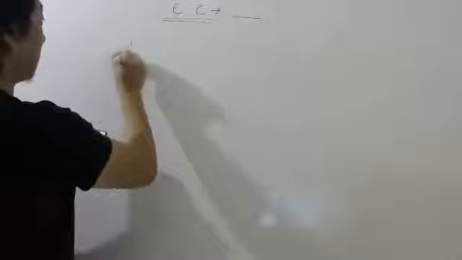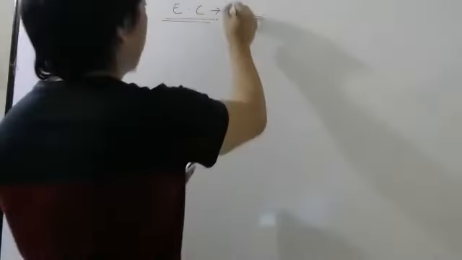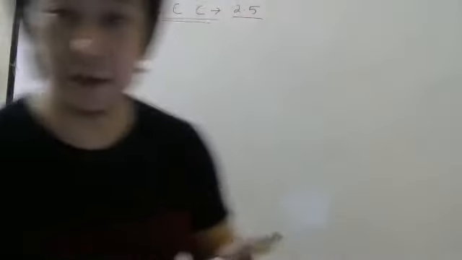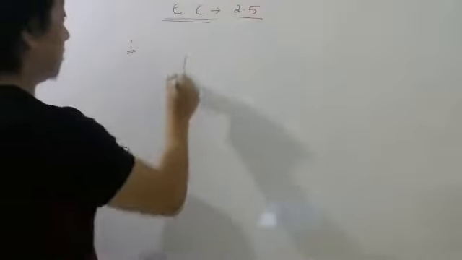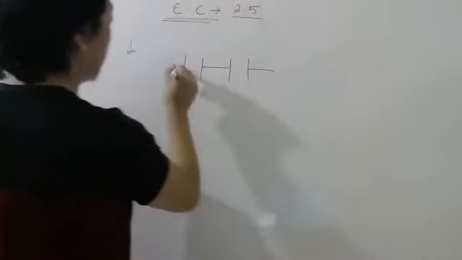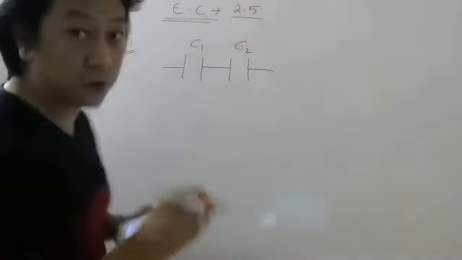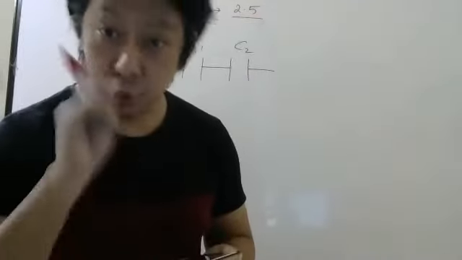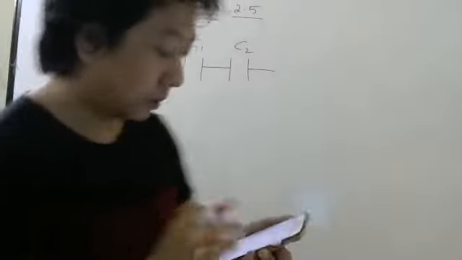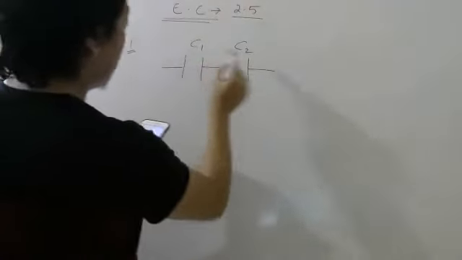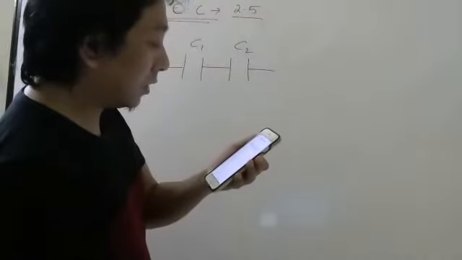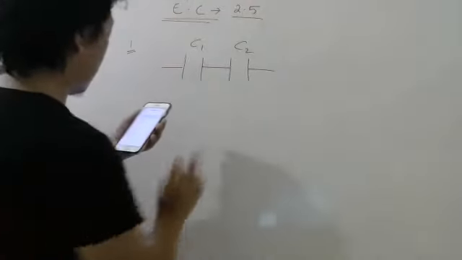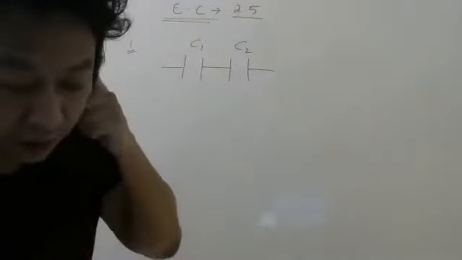Then see the first question. Listen carefully. It says two capacitors C1 and C2 are connected in series. Listen carefully, because based on all these concepts, I will be asking questions for the next PTE. You should be able to answer. So two capacitors C1, C2 are in series. Question is, what is the ratio of the charges on the capacitors and the ratio of voltage across the capacitors?